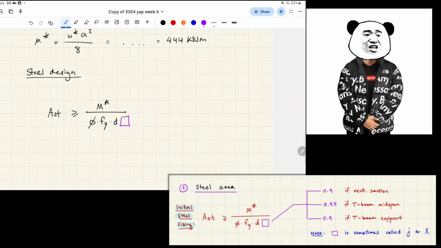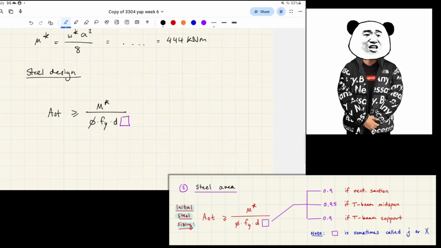Okay, can someone tell me what goes in this box? Sometimes this box is called J, and sometimes this box is also called X. This is then like, in this case, the initial constant. The box is dependent on what type of thing we are designing. So if this is a T-beam,